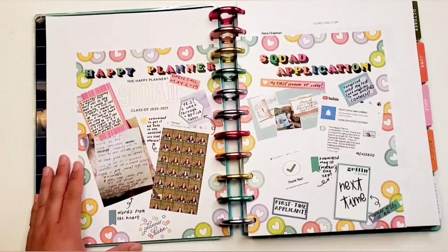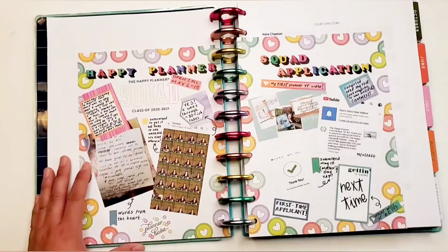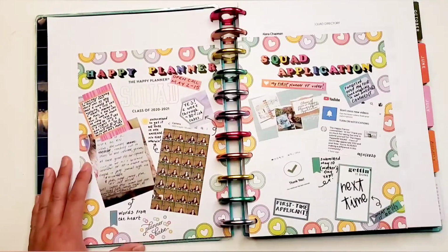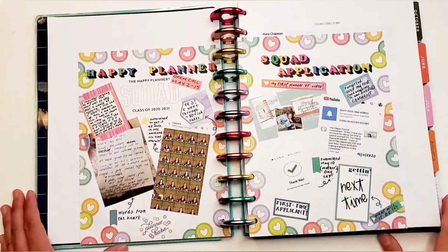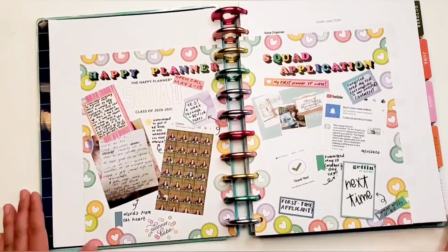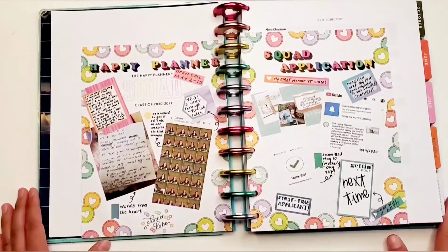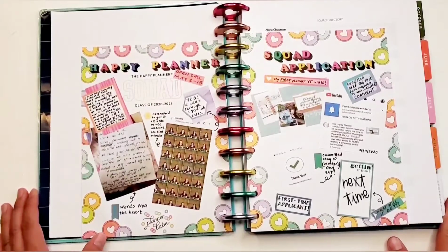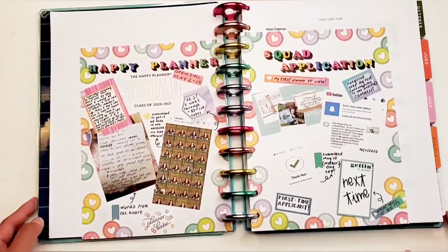Originally, I told myself that there's no way, absolutely no way that I would be applying for squad. Not because I didn't think I could do it. It was more that I had the sense that it was a little intimidating to me, the whole putting myself out there. Prior to joining the squad, I hadn't done YouTube videos, much less had a YouTube channel, much less done Plan With Me. All of that was kind of intimidating to me,